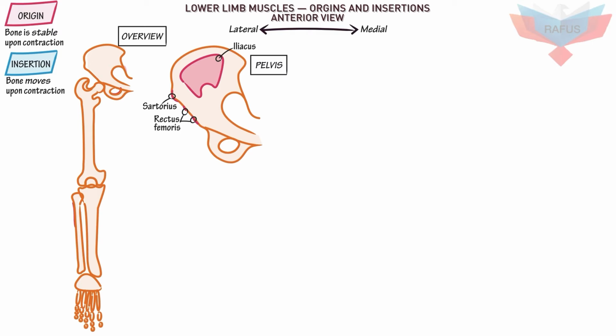acetabulum. Now indicate the origin of piriformis, which attaches to the anterior surface of the sacrum and sacrotuberous ligament. Several muscles arise on the medial pelvis and margins of the obturator foramen. Working clockwise, indicate the origins of pectineus, which arises from the pectineal line of the pubis, adductor longus, which arises from the body of the pubis inferior to the pubic crest, adductor brevis and gracilis, which arise from the pubic